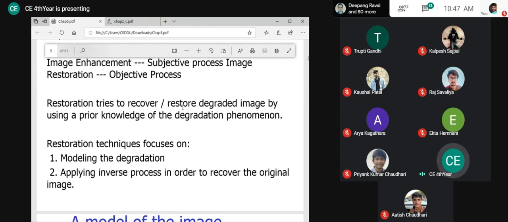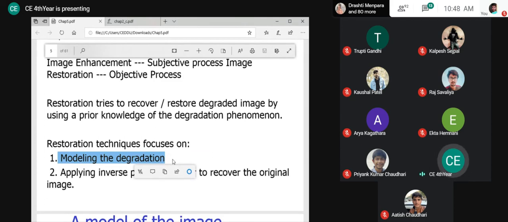So, as I told you, what is the requirement here? The requirement is we need prior information of how it was degraded. So then I will have a model of degradation. I will model it first. If I change my x coordinate like this, and if I change my y coordinate like this, then this type of degradation will take place. Suppose I have one image with degradation due to motion. Then what I will do? I will model that same degradation first.